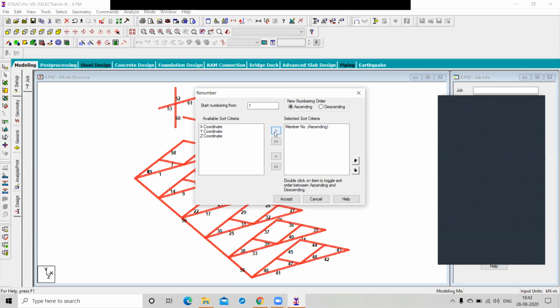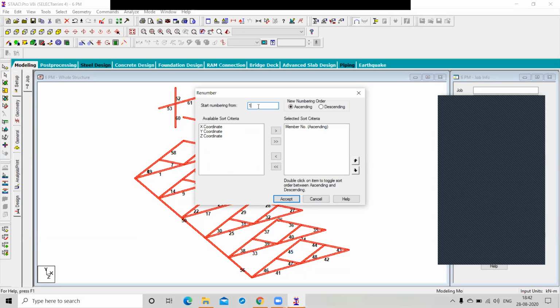Okay? Yes. Now this is your starting number, from where you want to start your numbering. The numbering starts from 1, or you can specify any other starting number.